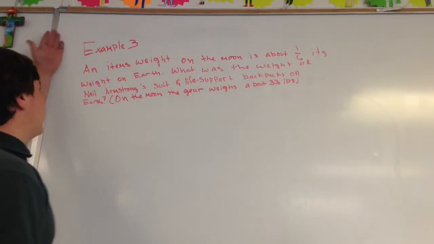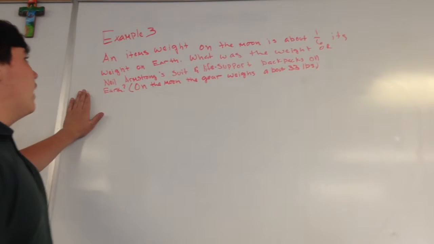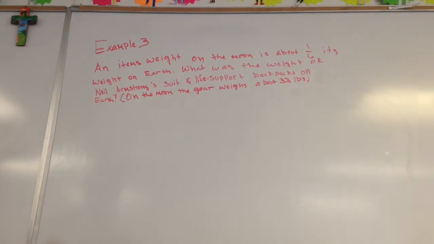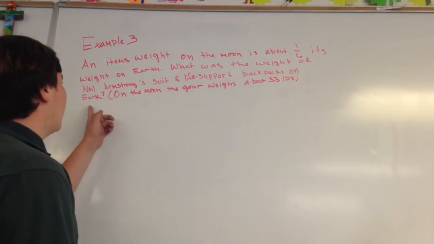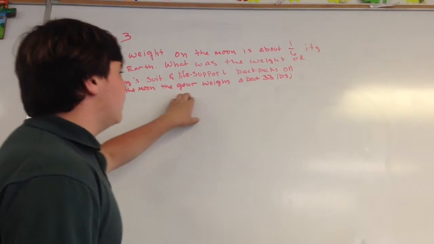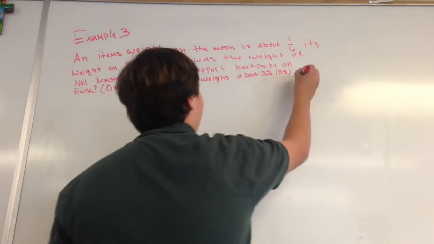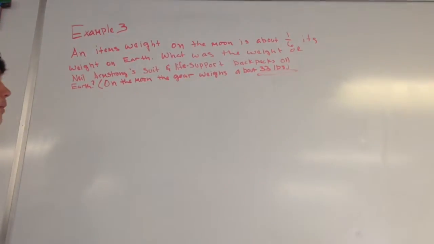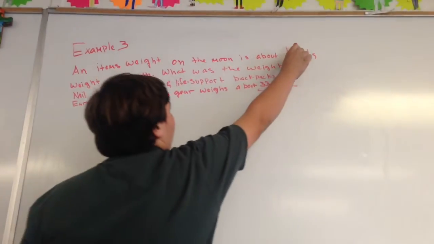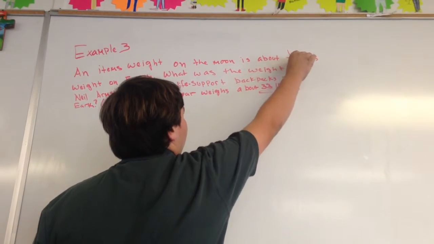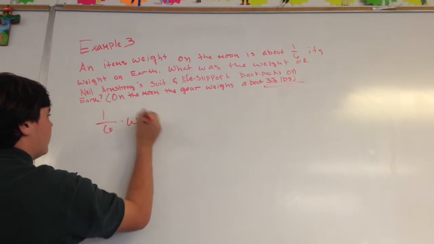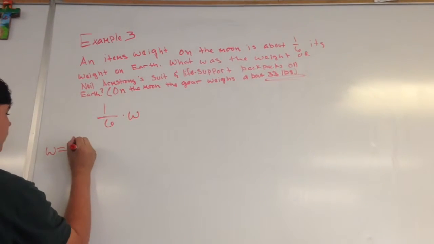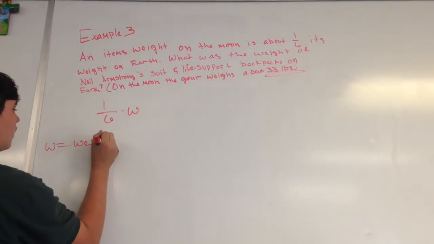Okay, so in example 3, they give you a word problem. An item's weight on the moon is about 1/6 its weight on Earth. What was the weight of Neil Armstrong's suit and life support backpack on Earth? On the moon, his gear weighs about 33 pounds. So we know what his weight on the moon was, and we know that the moon is about 1/6 its weight on Earth. So we can do 1/6 times W, and W equals weight on Earth,